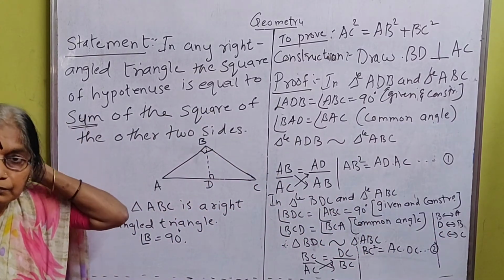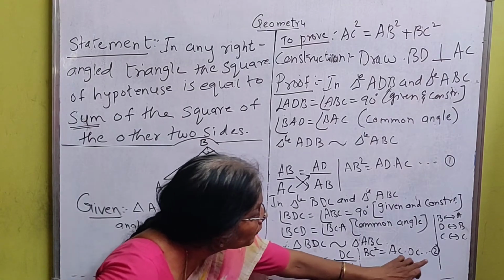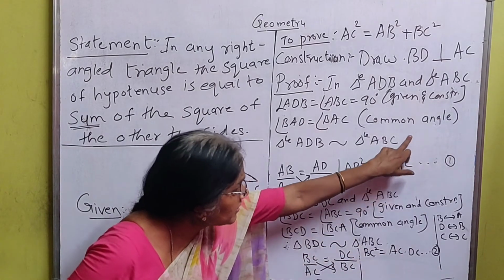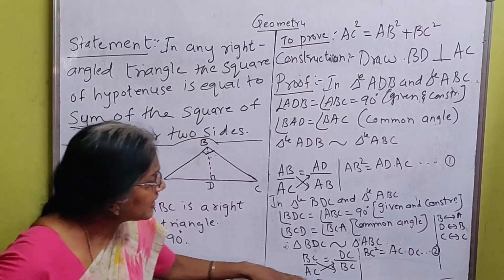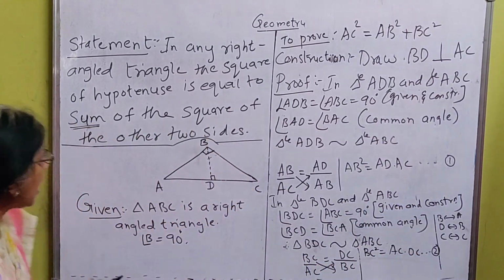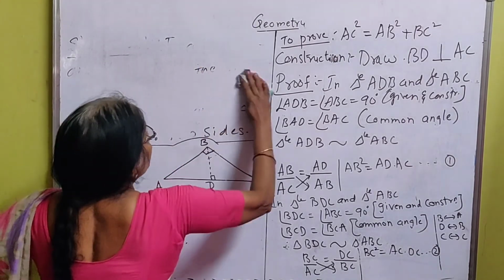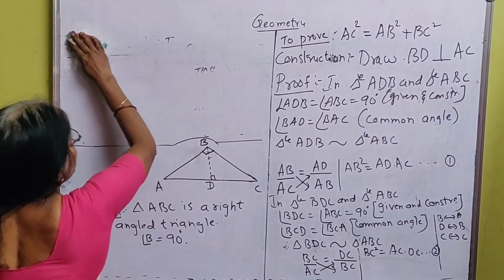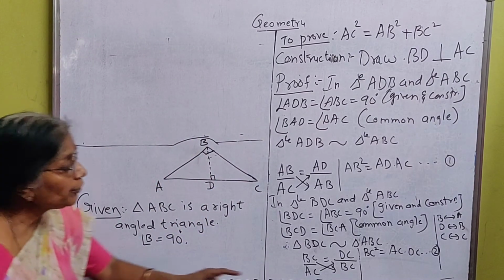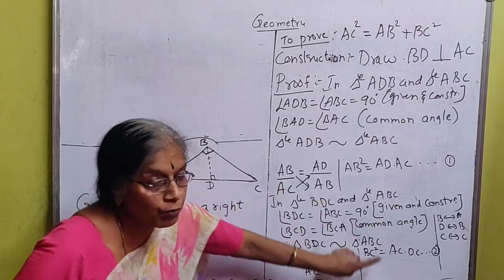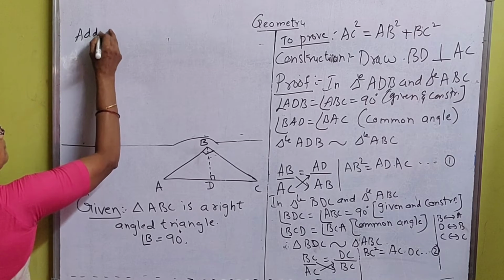Now we got to know that BC square is equal to AC into DC. That is the second equation. First equation and second equation, we have to add these two equations. As I have no place over here, I am going to rub the statement and I will continue my proof on this side. So pay attention on the other side of the board. Just see. So what I am going to do, I am going to add equation 1 and equation 2. So adding